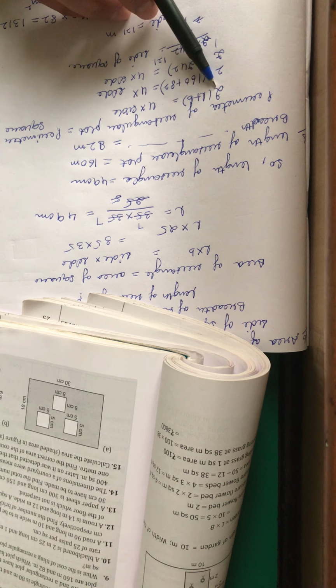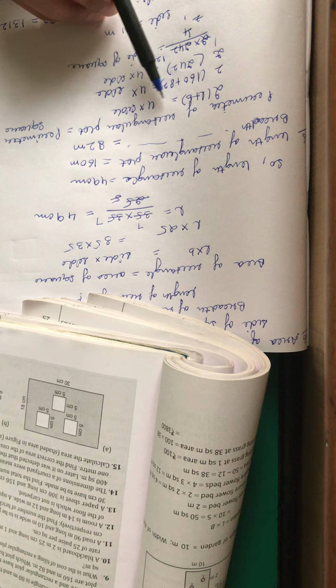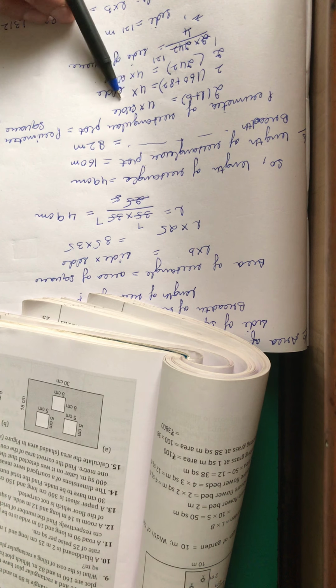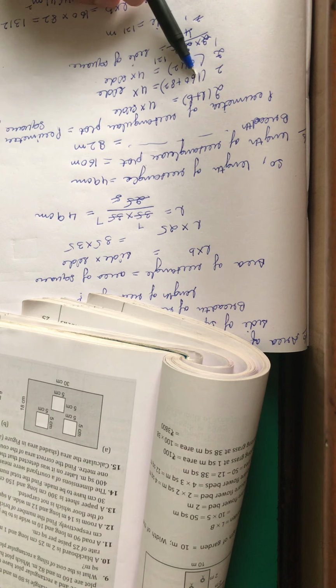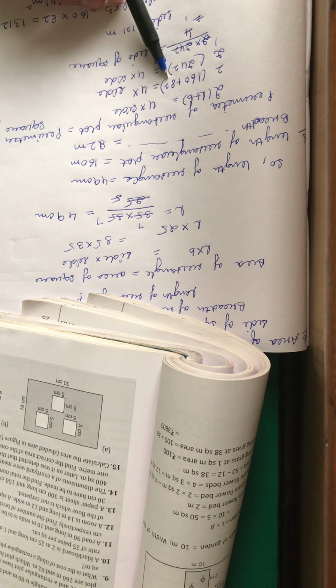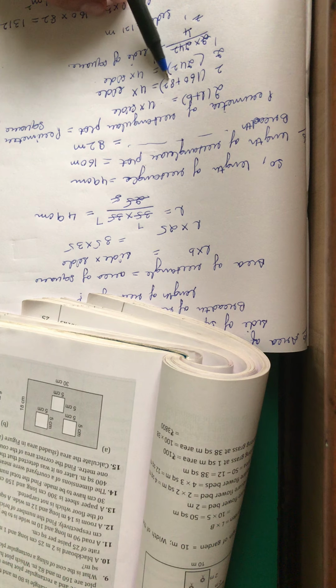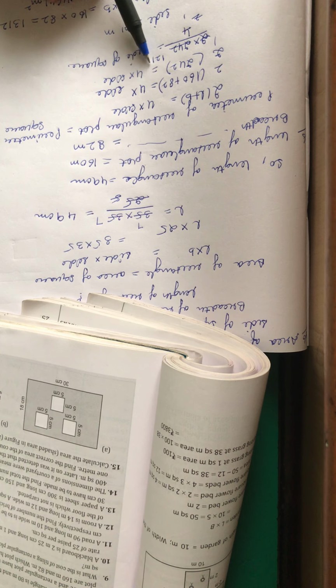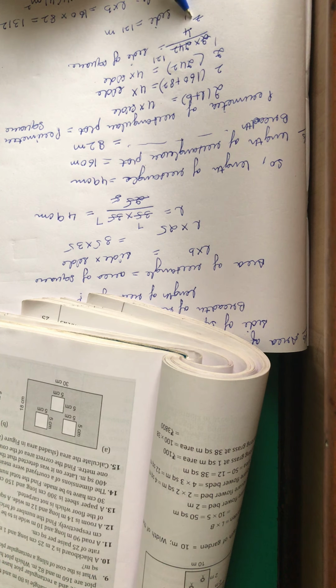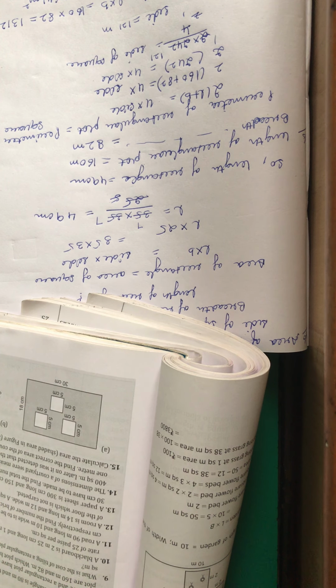Rectangular plot perimeter is 2 into L plus B. So it is equal to the perimeter of square, which is 4 into side. Now length of rectangle 160, breadth 82. So it is 2 into 160 plus 82, which is 242, is equal to 4 into side. Now 4 will go in the denominator. Now cancel it on the table of 2. 2 2s are 2 1s are 2 2s are 4, then again 2 1s are 2, 2 121s are 242. So side of the square is 121 meter.